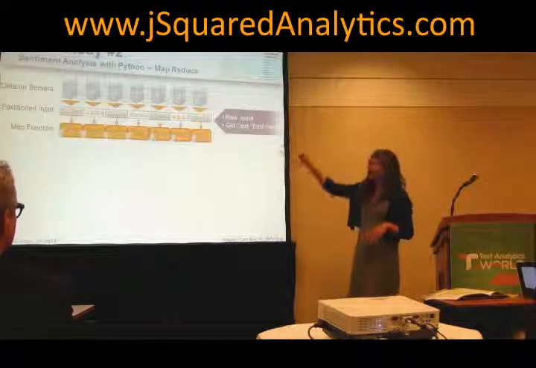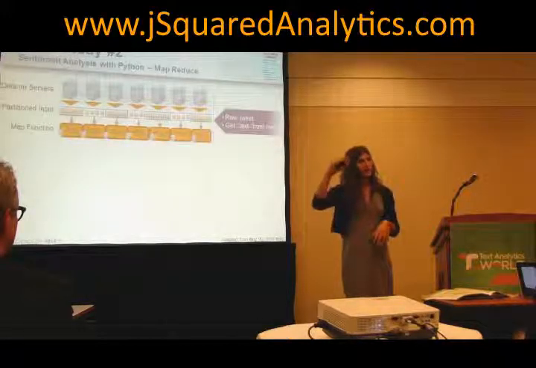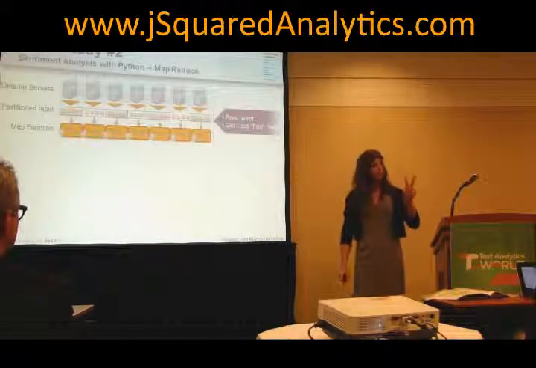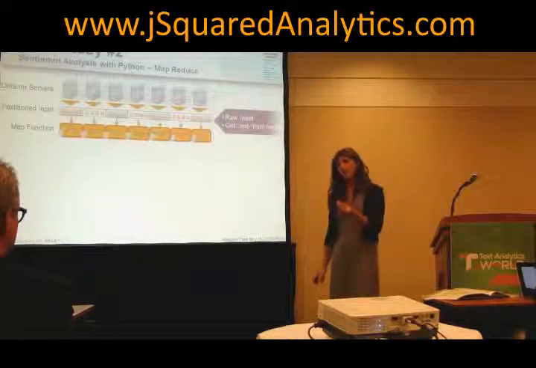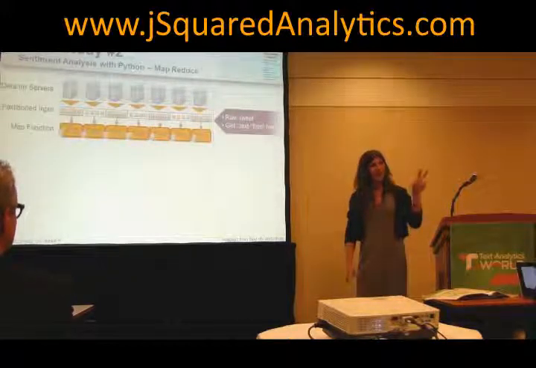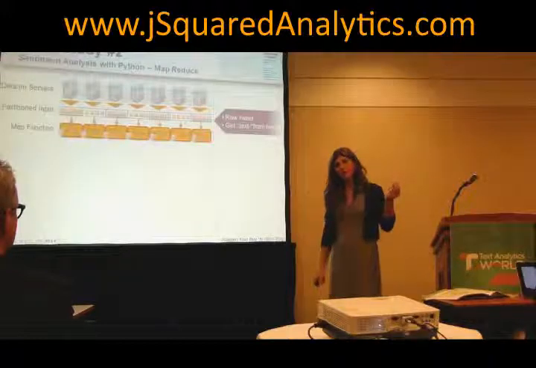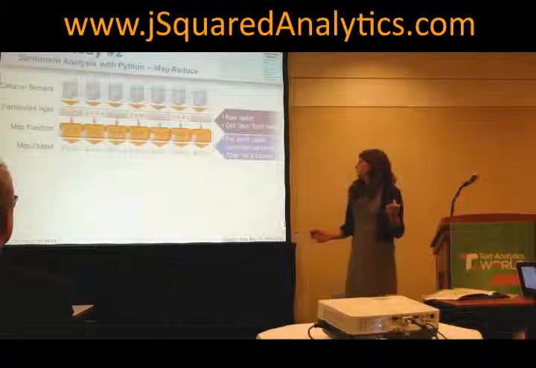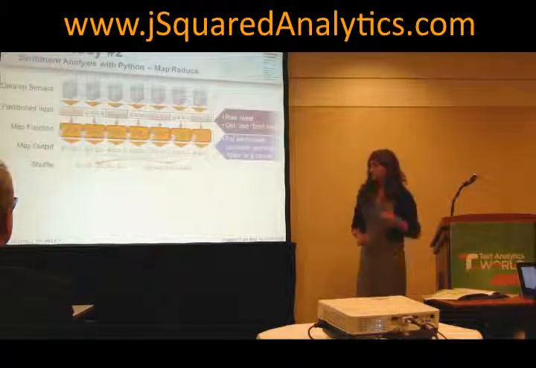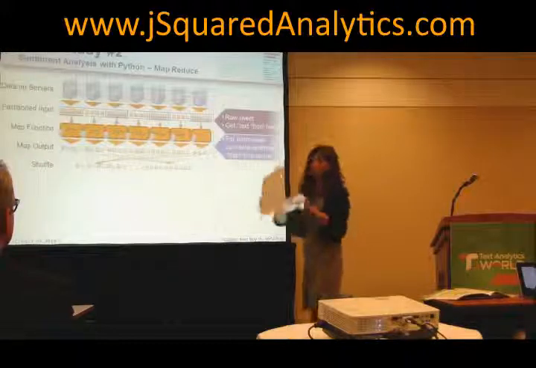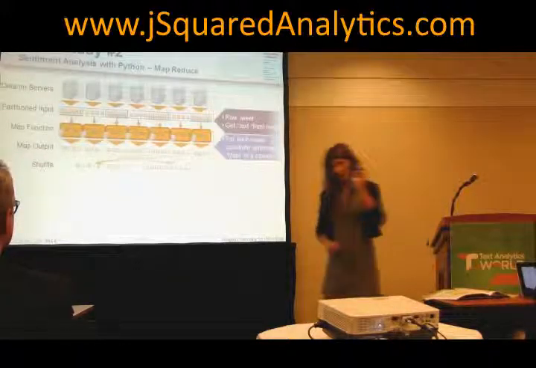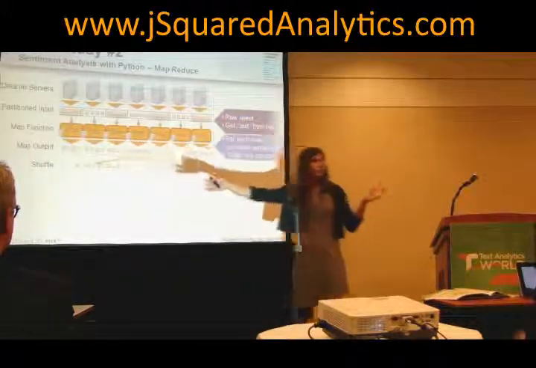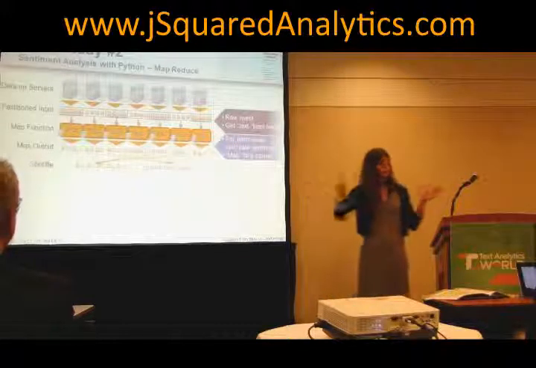So the output of this map phase, we still have one record for every tweet, but we no longer have this massive string of data. We have two data points, the insurance carrier and the value for the tweet, the affinity score. So we have now mapped this into a much smaller set of data. And if you're doing this for real, now you've got across all these servers, you've got Geico over here, you've got Geico over here, you have Geico over here, you have them spread all throughout your organization. In order to do your statistics, you need to bring them all together into one sort of location.